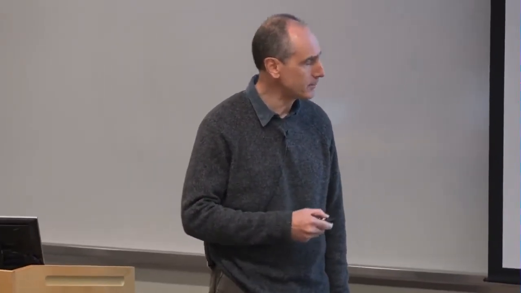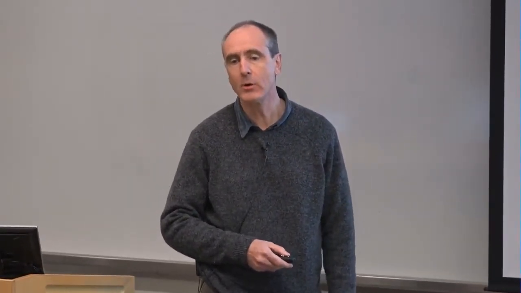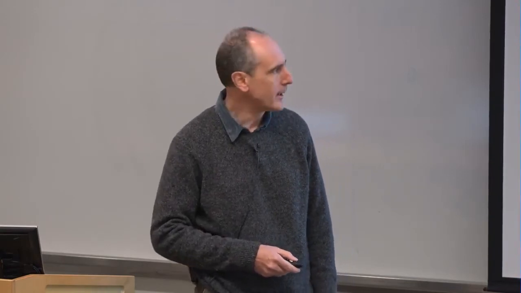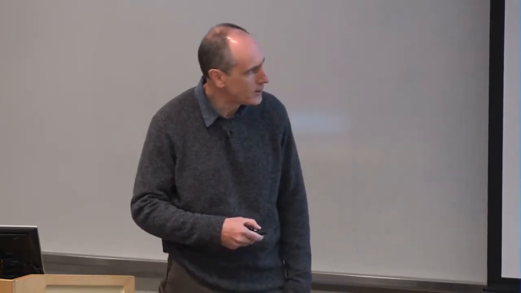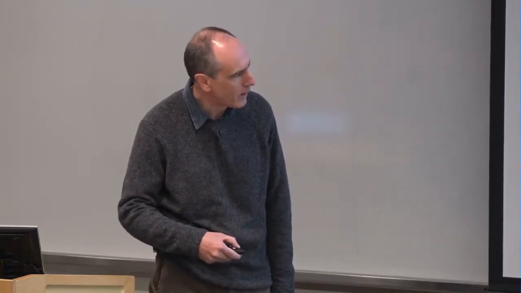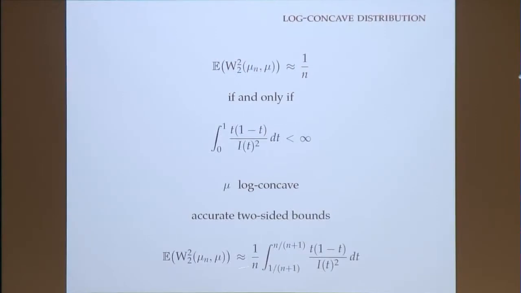And this equivalence for the class of log-concave distributions can actually be made a little bit more precise. What you can prove when mu is log-concave is that you have accurate two-sided bounds for the W2 metric between mu and mu_n, given in terms of this integral here that you evaluate between those two